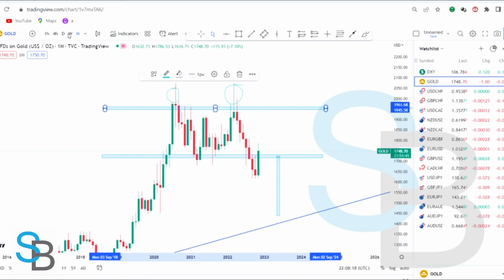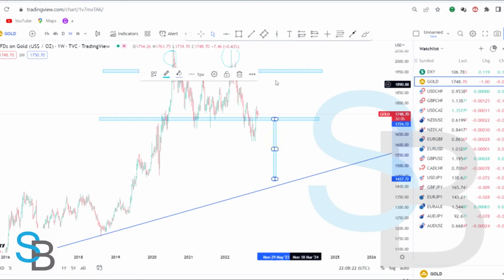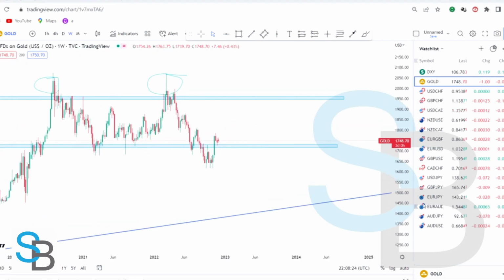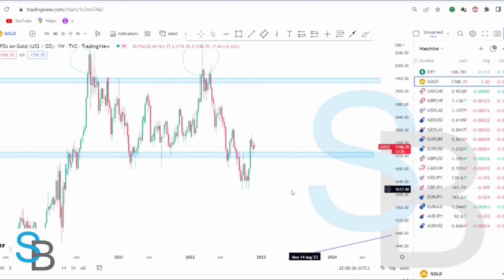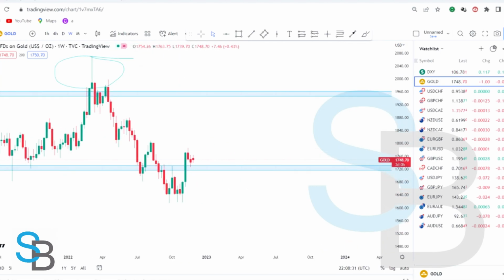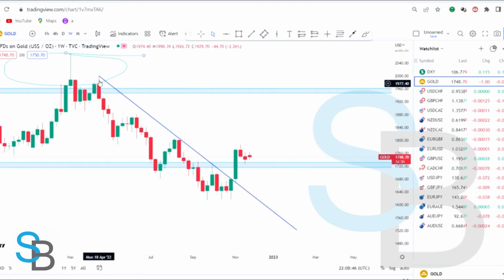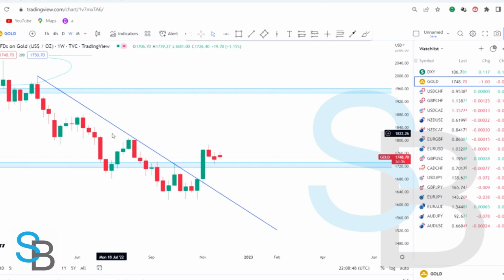Now let's just scale down to a lower time frame and just delete this here. Okay, so we can see that the market came and kept making lower highs and lower lows. Let me just draw a trend line here. Let me draw it here, like this, and we can see that the market came,